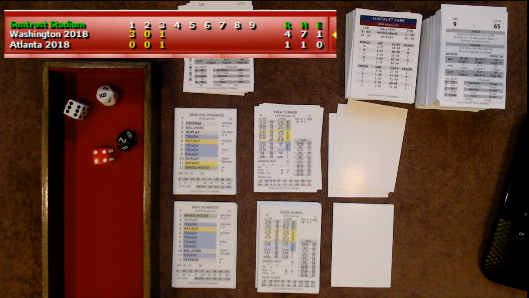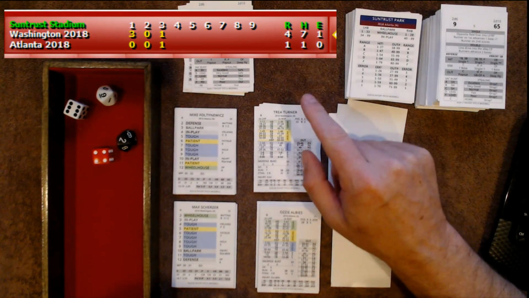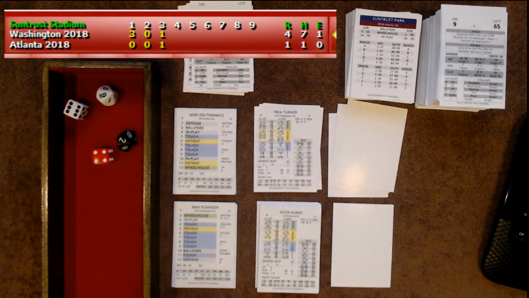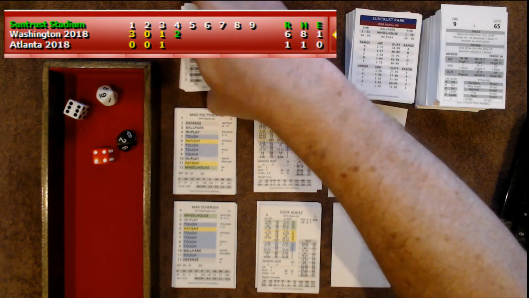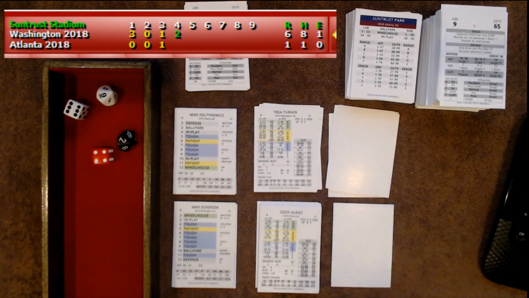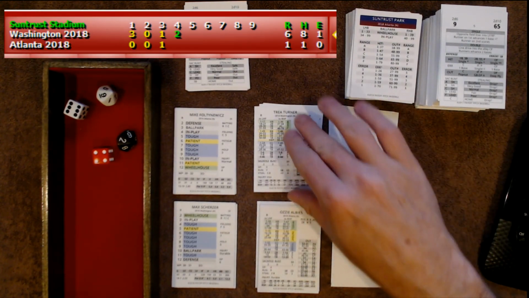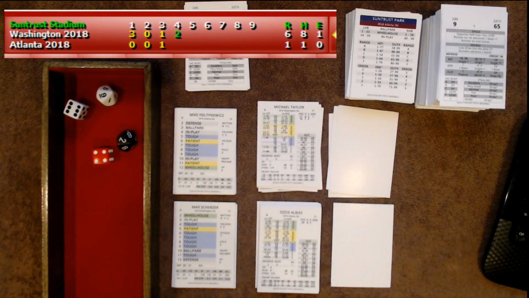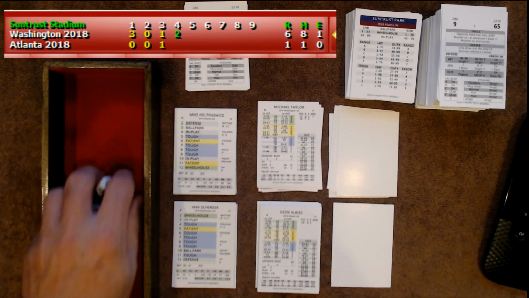So he's going to score, and the runner on first advances 2 bases, so he's going to third. So runners at the corners. Trea Turner has been the Braves killer today: 4 RBIs, 3 hits in the game, 2 singles and a double. We couldn't walk him, though, because there's nowhere to put him.